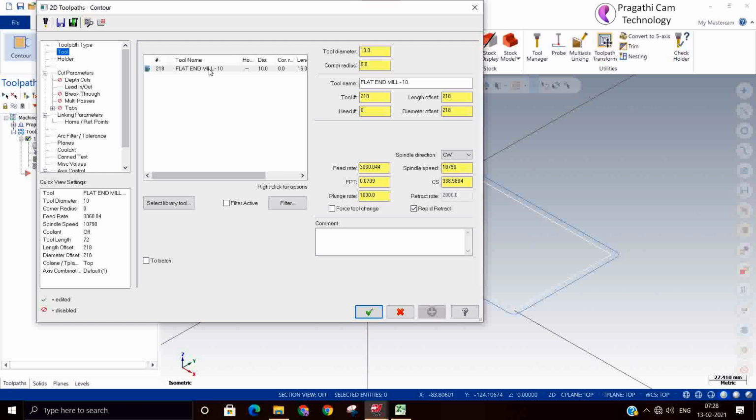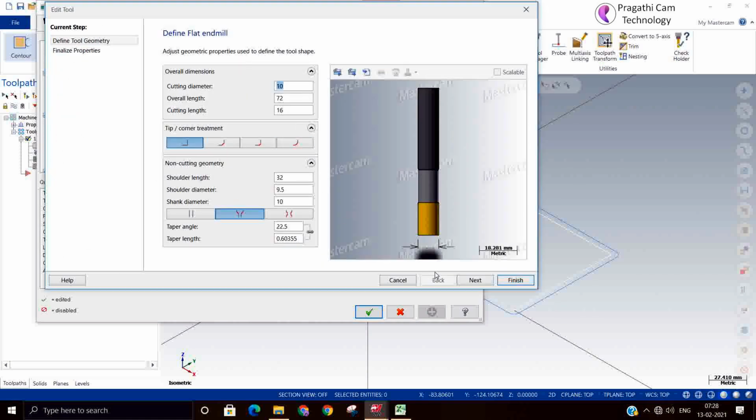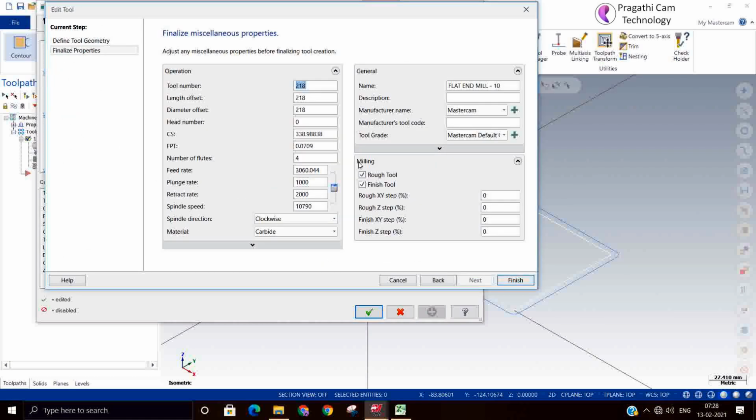You can edit the tool by right click, and in the next page you can modify your feed rate, spindle speed, all the things you can modify here.